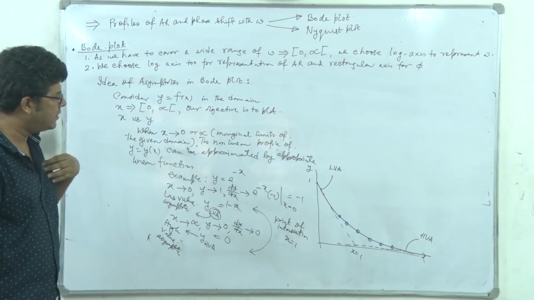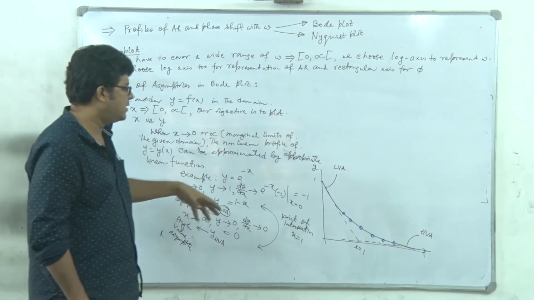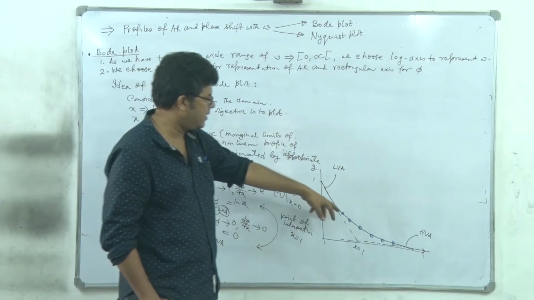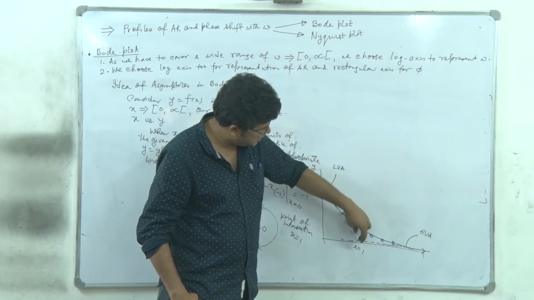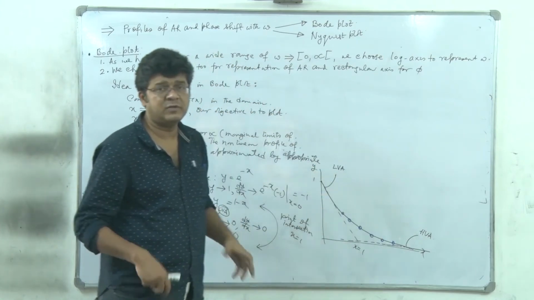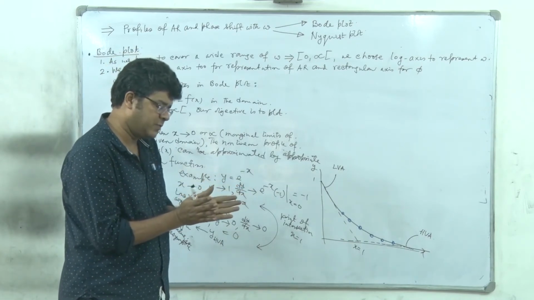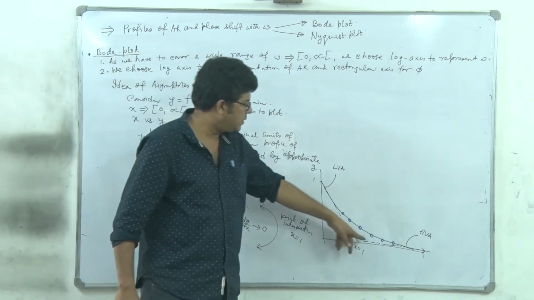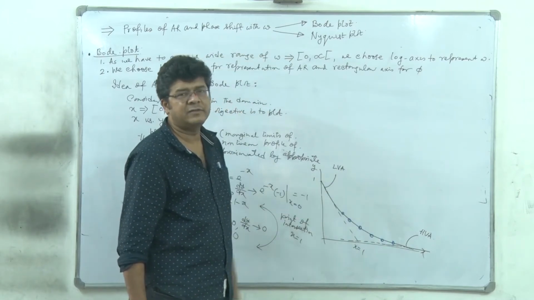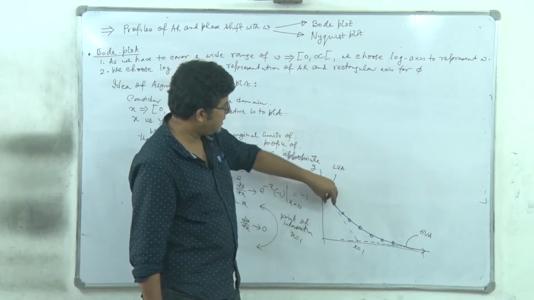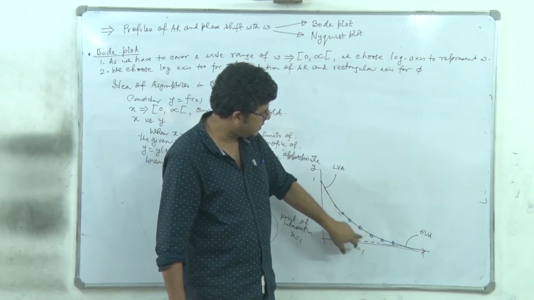So what is the advantage we are actually taking from this entire mathematical analysis? That we are not evaluating a lot of y for different values of x. We evaluate simply over a certain region in the neighborhood of the intersection of the two asymptotes, and we have found these two asymptote equations, so the actual profile will be merging to the high value asymptote when x tends to infinity, and it will be merging to the low value asymptote when x tends to 0, right? And intermediately it will deviate maximally from the actual curve. At the asymptotes' intersection, it has the maximum deviation.